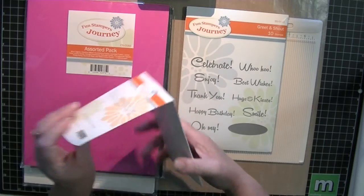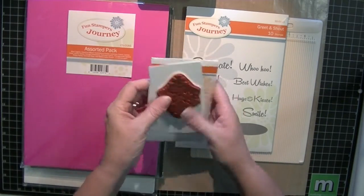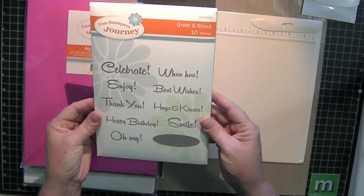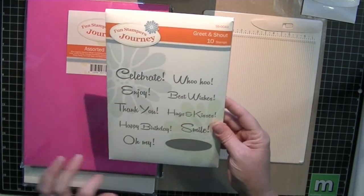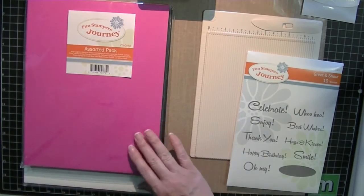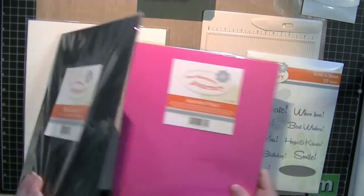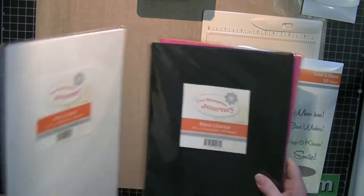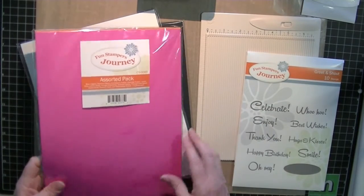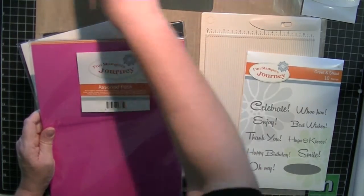And what I'm going to use is a Fun Stampers Journey ATS stamp, which is an artist trading stamp, and it's the Damask. I have the Fun Stampers Journey Greet and Shout, which I'm going to use several different sentiments from this. I've got my Martha Stewart scoreboard, and I'm using Fun Stampers Journey paper. I'm using black licorice, whipped cream, and then an assortment. And from here I'm using Lemon Drop, Blue Lagoon,